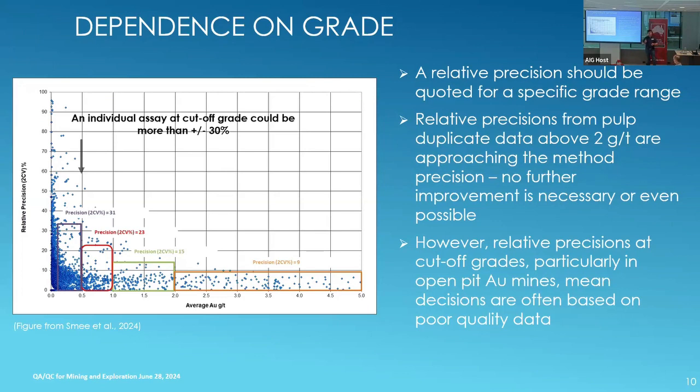And this is important if you're looking at cutoff grades. So it's not just the juicy stuff, which has got a lot of, we've got a gold example here. Everyone loves a bit of gold, except for Rio Tinto. We don't mind gold. So,